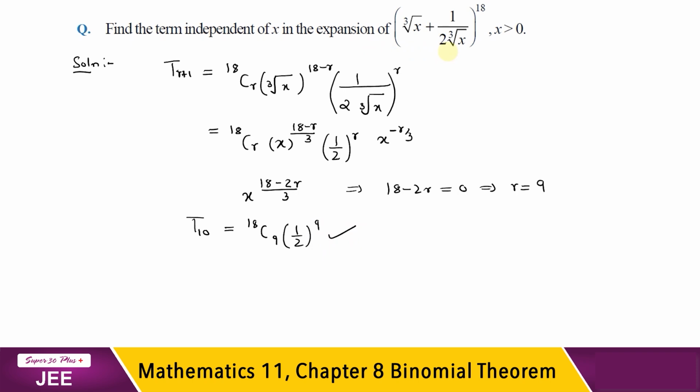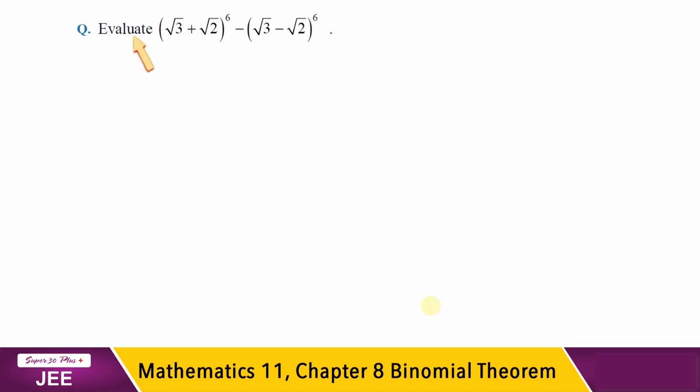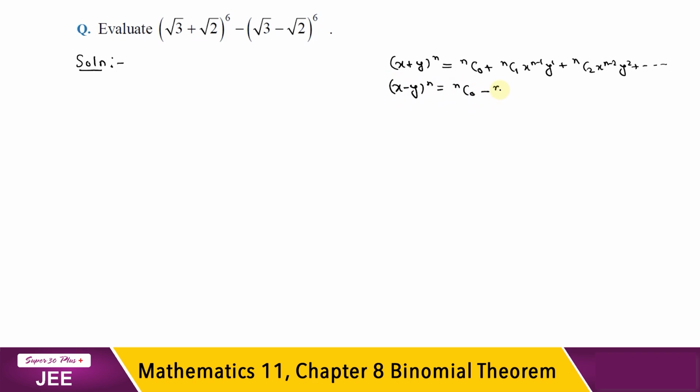Let's move further. Now we have to evaluate (root 3 plus root 2) whole raised to the power 6 minus (root 3 minus root 2) whole raised to the power 6. Now in this question you are not supposed to write down each and every term of the binomial expansion and then subtract them. But here is the theory part. Suppose that you have (x plus y) whole raised to the power n. We all know its binomial expansion. This continues. And we have (x minus y) whole raised to the power n. Then its binomial expansion